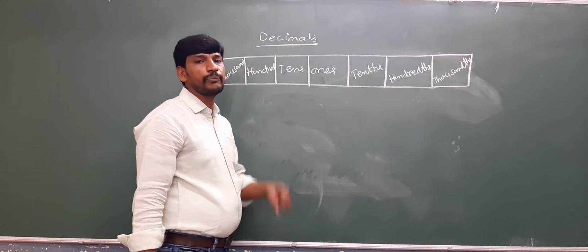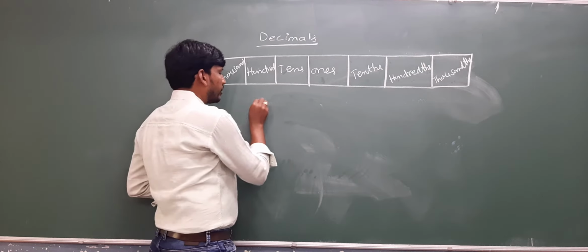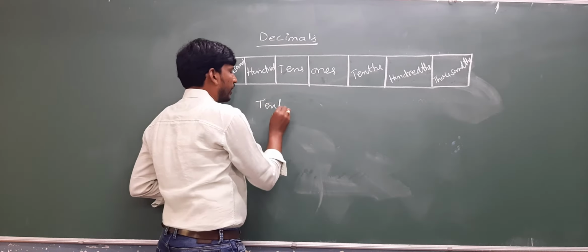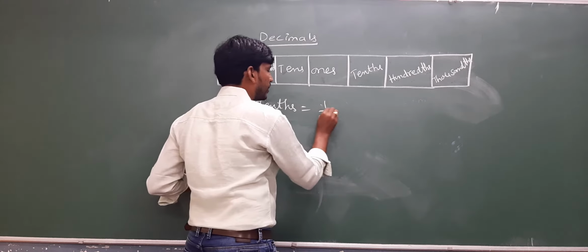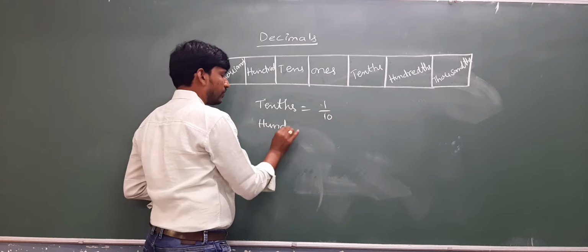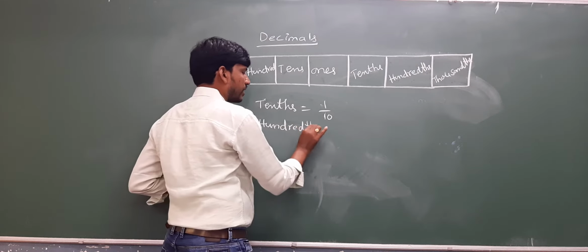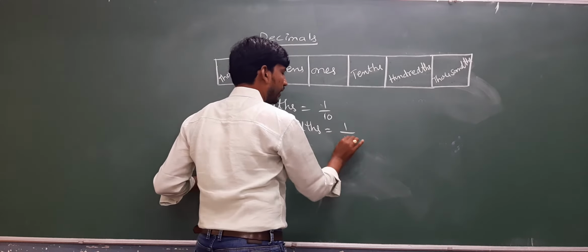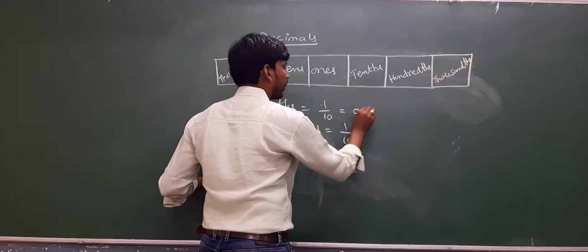TH. Clear? That is very important. Okay. Tenth place is nothing but tenths. Tenths is nothing but 1 by 10. Hundredth is nothing but 1 by 100, which is equal to 0.1, which is equal to